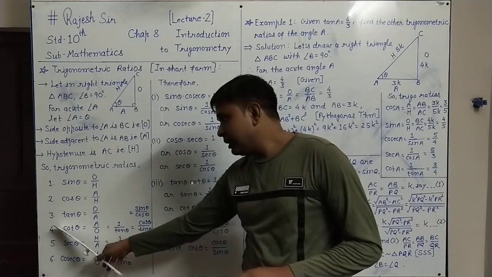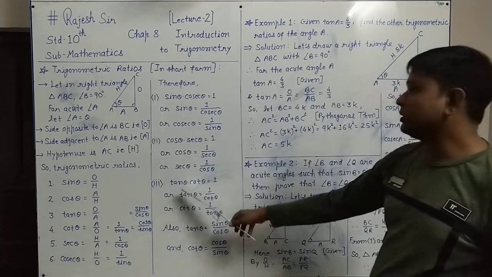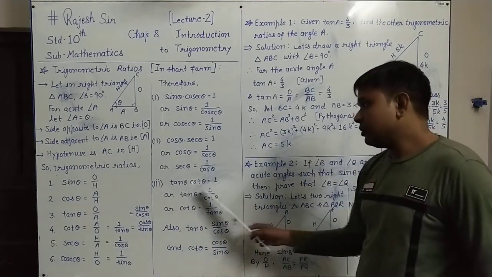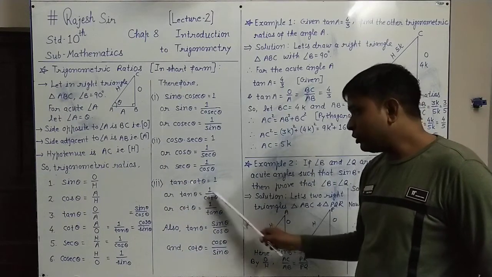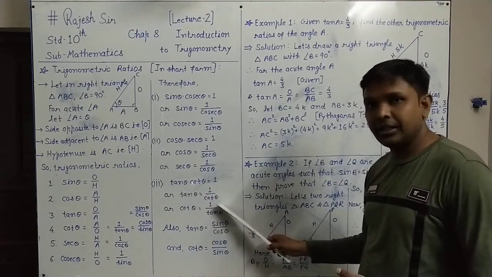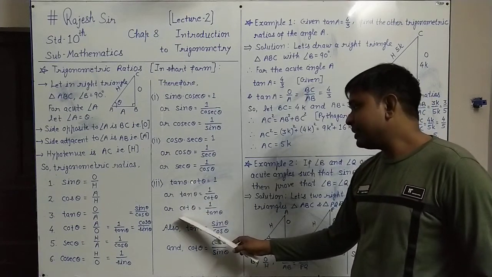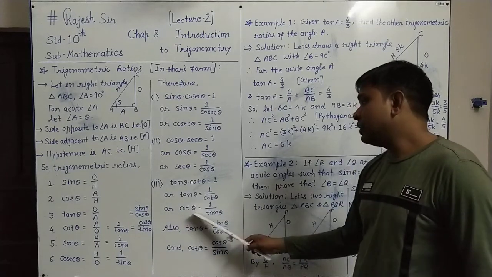So tan will be multiplied, so it will look like tan theta into cot theta equals 1. That is the third one we have listed. So tan theta into cot theta equals 1. This can be written as tan theta equals 1 upon cot theta. The multiplied cot theta is taken down to the right side. And similarly, if you take cot theta to the left side, the multiplied tan theta will go down there. So cot theta equals 1 upon tan theta.